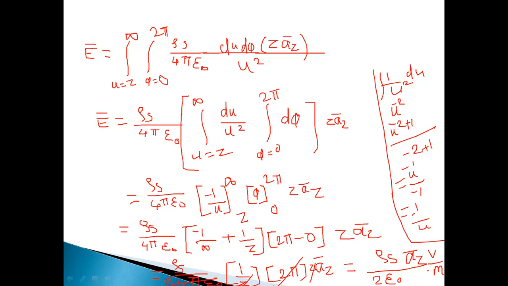Volts per meter. Okay, now you can check here. Here the unit vector is a bar z. Why did unit vector a bar z come? Can anyone tell me? Why did a bar z come? Why didn't a bar x come? Why didn't a bar y come? This is in the XY plane, our page, our paper, correct. Therefore. Okay, any other answer?